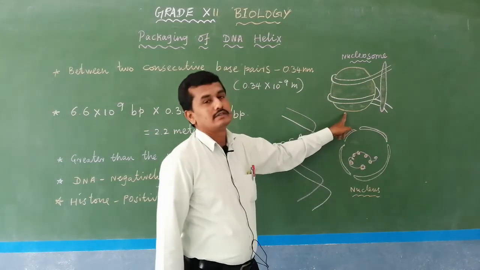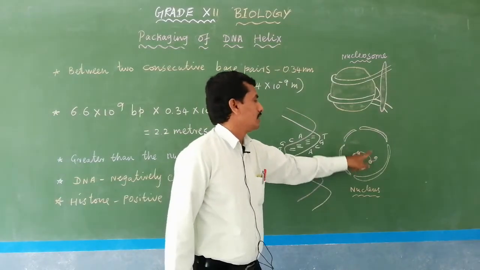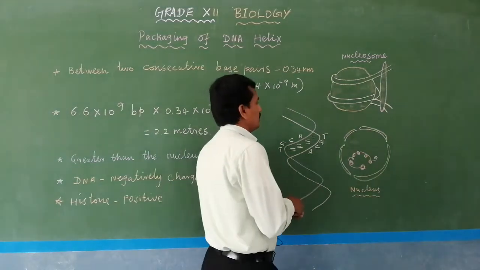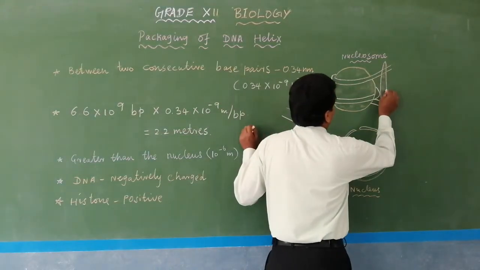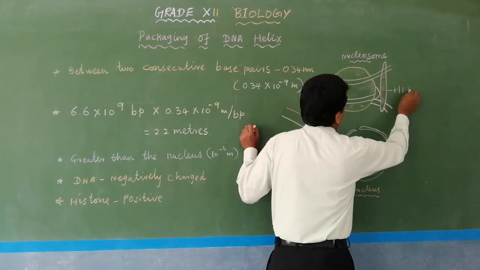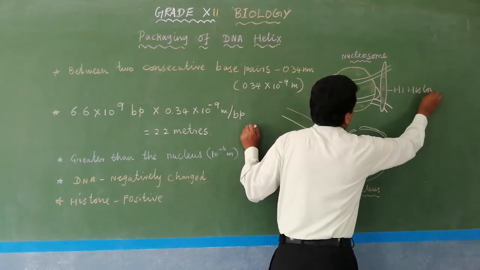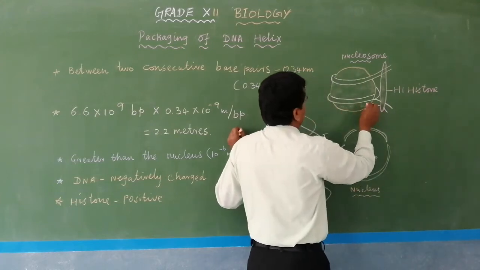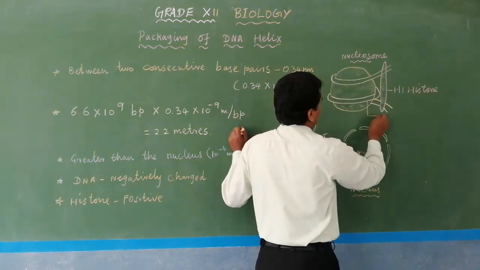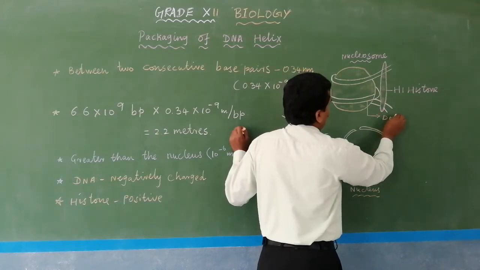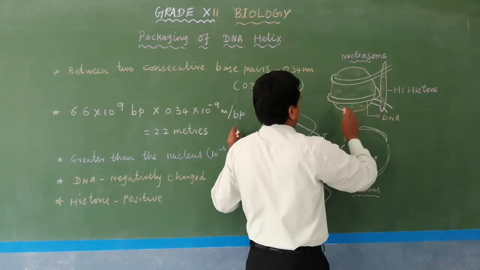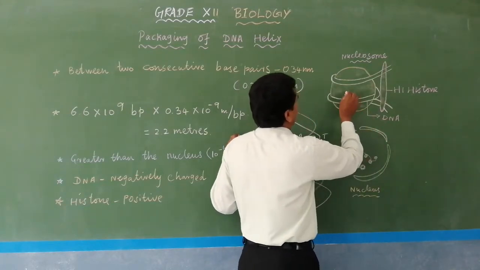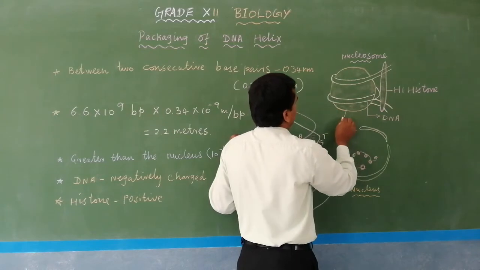Explained in detail: the one bead in the chromatin reticulum is nothing but a nucleosome. In the nucleosome, this is H1 histone. Histone means nothing but a protein. Here, this is yellow color, no? The yellow color is nothing but DNA. Actually, DNA is colorless; for drawing purposes, I put color. Yellow is DNA, and the center part is the histone protein.